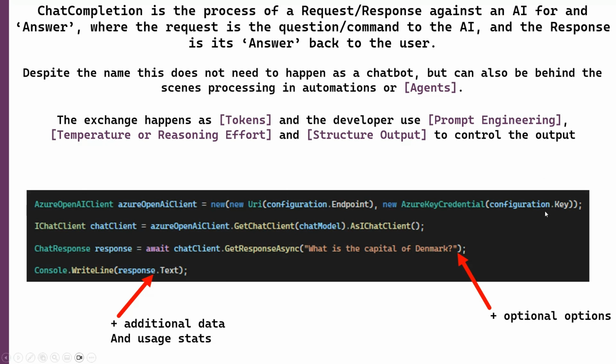Of course, you get your model from somewhere where you have some kind of endpoint and key. That endpoint can be up in the cloud somewhere, or it could be a localhost with an offline model. But that is actually everything there is to it in terms of chat completion, because it's the basic stuff. You can't really use any AI without it. So it is important to learn, of course.